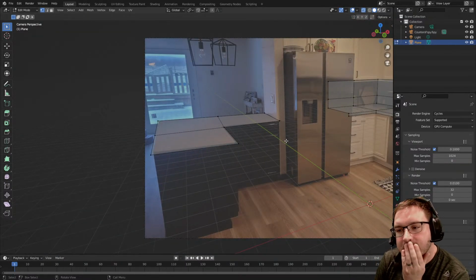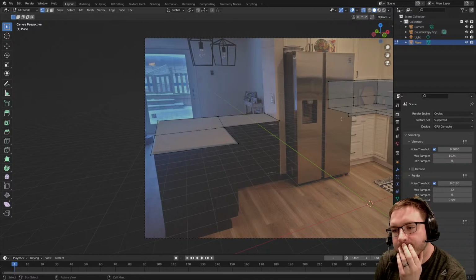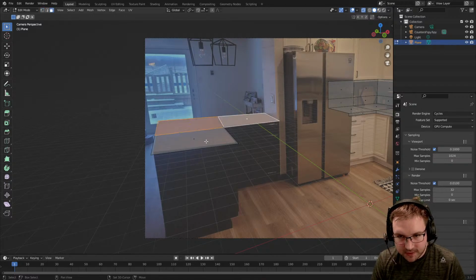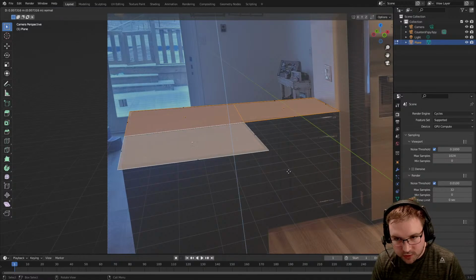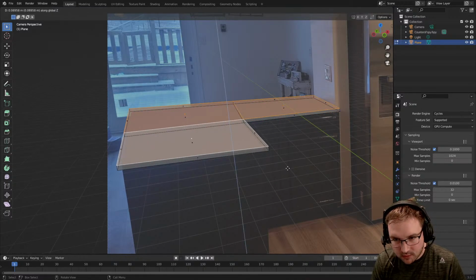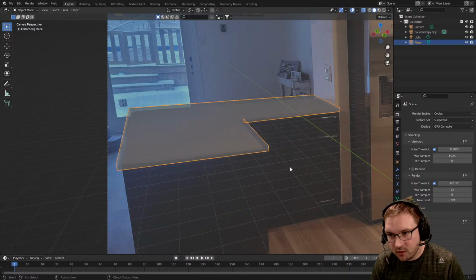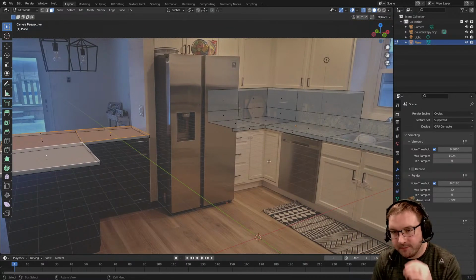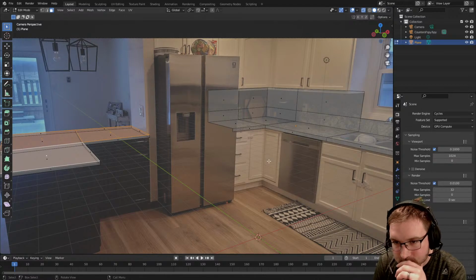And for these ones, we're going to have to extrude up. So we'll do that. So we're going to grab all these faces here. We're going to extrude in the Z. I don't know how thick these countertops will be, but we're just going to pretend like they're going to be that thick. Okay, so now